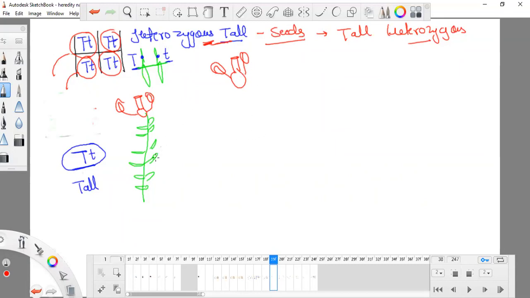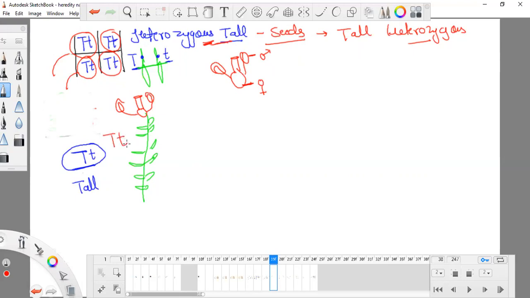So this is the pea plant and it has the information TT. It is not a gamete, but we have a flower, and the flower will surely form gametes. This is the carpel part, that is female, and that is the pollen part, which will form the male gamete. You know that a gamete is half in number, but the information of this plant is TT. That is the real information.